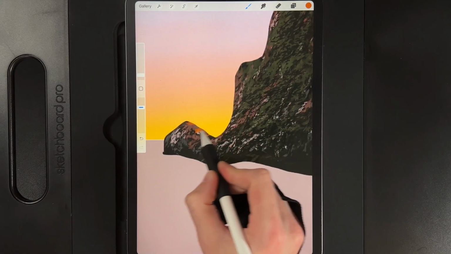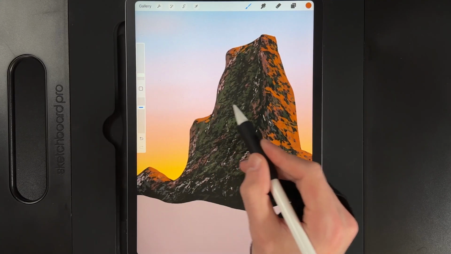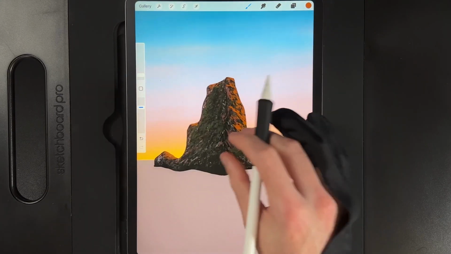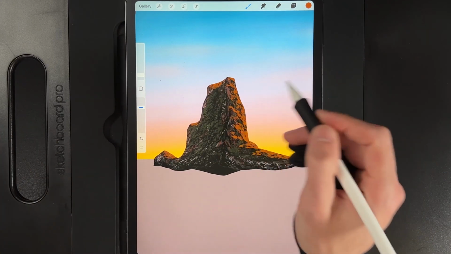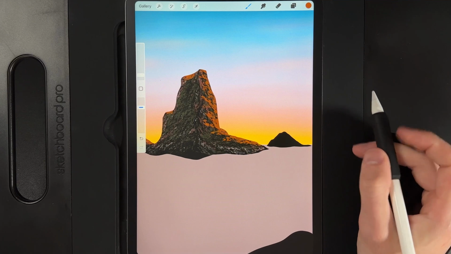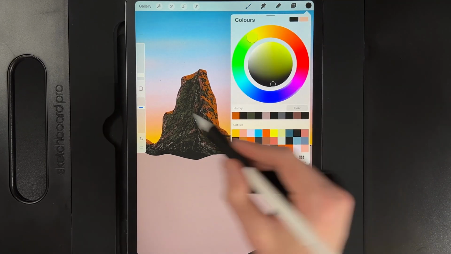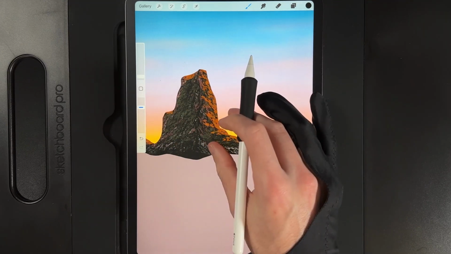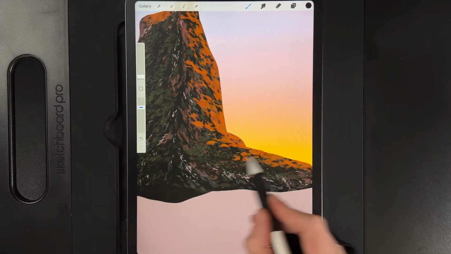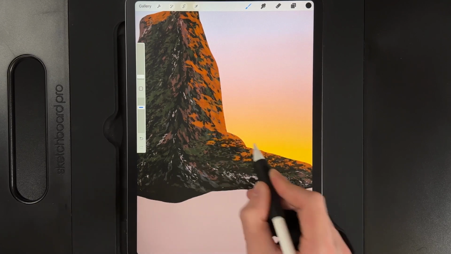And we want to add in some highlight on this bit of the rock where the sun is just wrapping around, maybe even just a little glance of color just over the top here. That will look fantastic. That will really bring in the lighting nicely. I'm going to emphasize that a little bit more on the top. And then again, base color, bottom left, reduce the brush size down to 1%. Zoom in on the shape. We're just going to go over the top, break those highlight edges up,